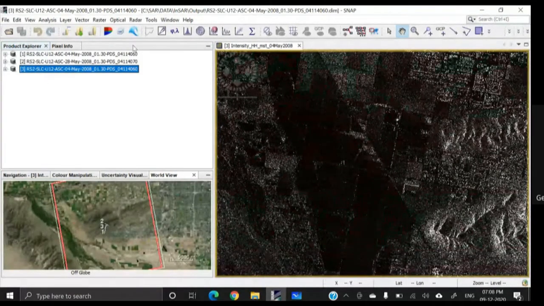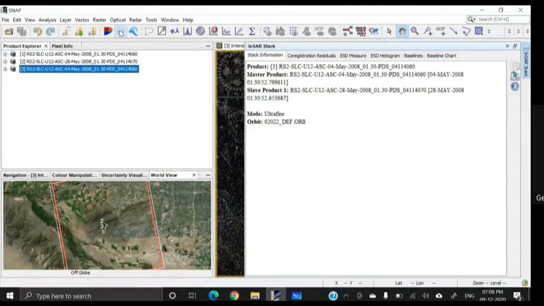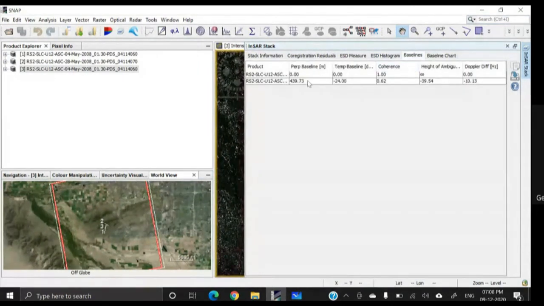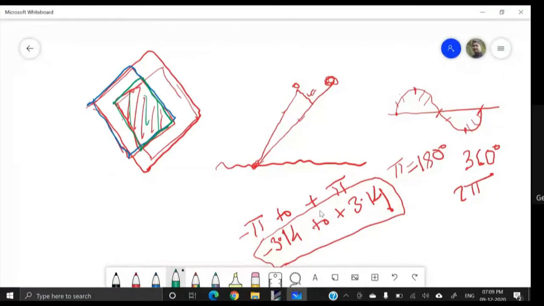Okay, and if you click on this icon, insert stack, then you will get this several information, within which if you click on this baselines tab, you will get the baseline distance. The baseline distance is around 439 and 73 meter. Okay, but baseline means this particular distance, this one.